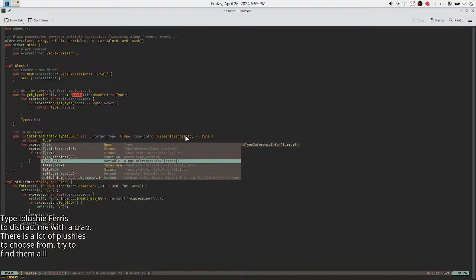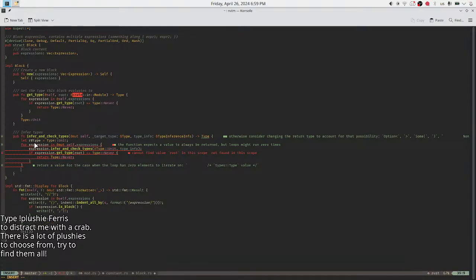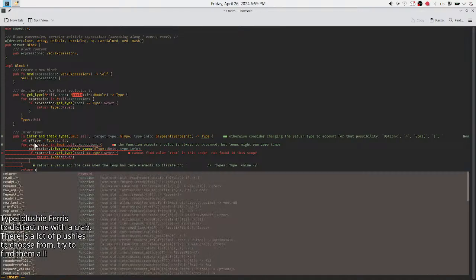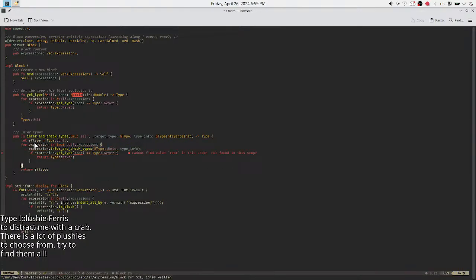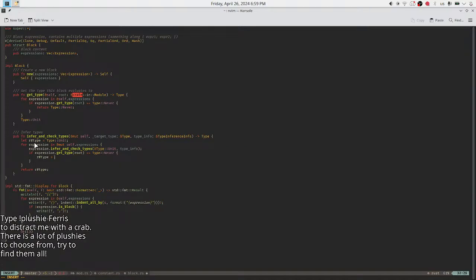Type equals type unit. Like that. Function expects value always be returned. Yep. By return 0 types are hash type. Our hash type equals type never. And I'm gonna make this mutable so it works.